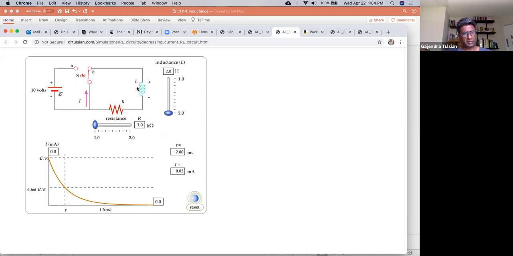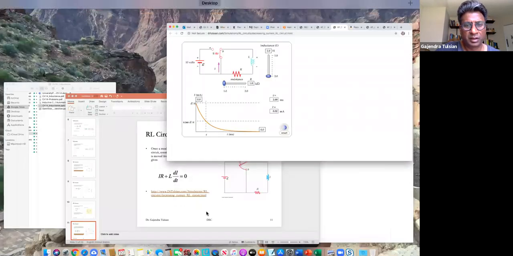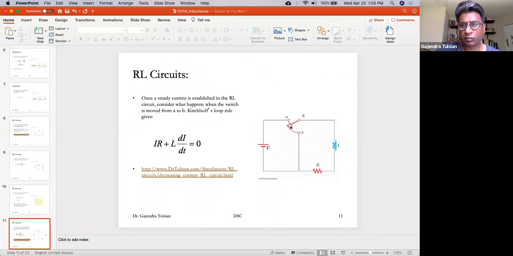Now, if this inductor wasn't present, and you flip the switch to here, the current would have gone to zero instantly. But because of the presence of this inductor, you are able to get a non-zero current for a while. And that's what we're interested in. So now we want to find this expression. This I is a function of time. And that's what this slide is about. Okay, so when you flip the switch over here,